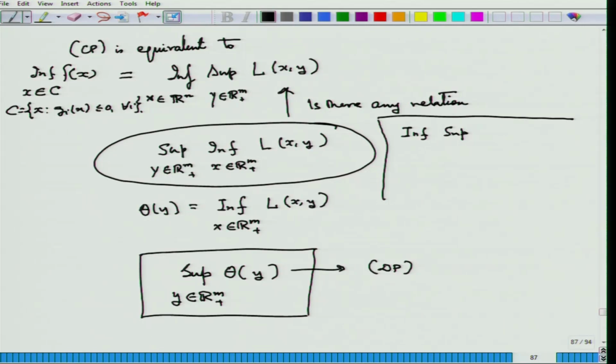Now, look at the inf sup here. Just like the game theorist, can I ask: is inf sup L(x,y), with y in R^m plus and x in R^n, then equal to